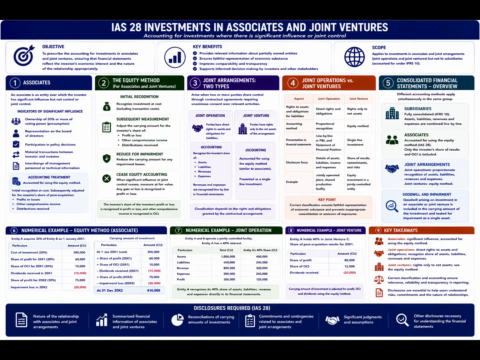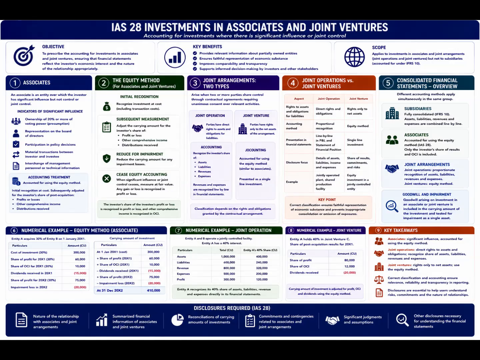financial statements. Joint operations involve direct recognition of proportional interests in assets, liabilities, income, and expenses, providing detailed visibility into operational participation. Joint ventures, however, are presented as single-line investments under the equity method, reflecting only the investor's share of net assets and profits. Determining the correct classification requires careful analysis of contractual arrangements, legal structures, and rights to assets